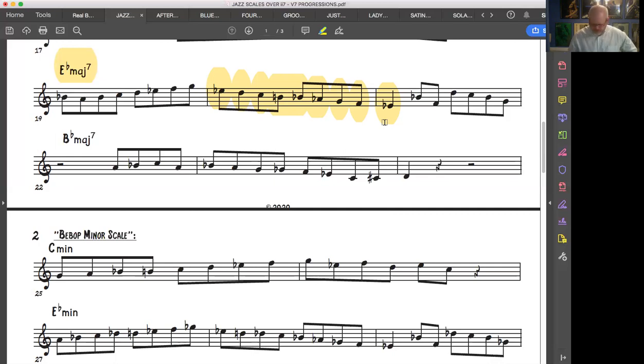So yeah, there's a little bit before, and then you've got a little bit after. But there's that exact bebop major scale smack dab in the middle. So when you add them together,